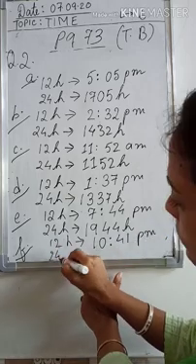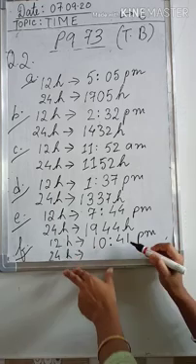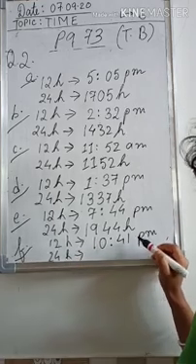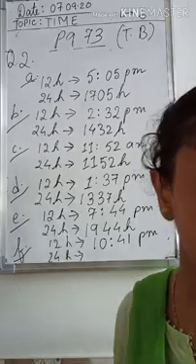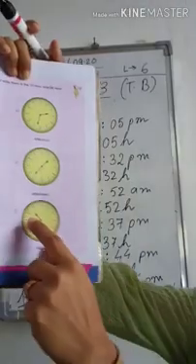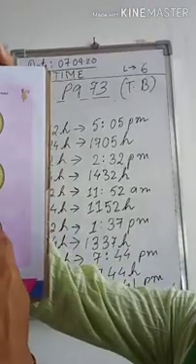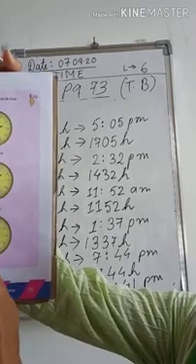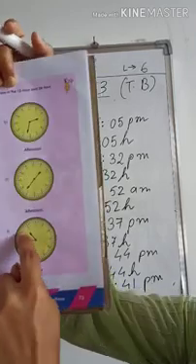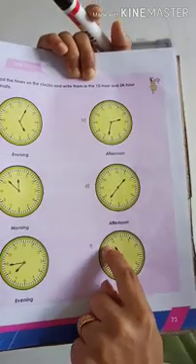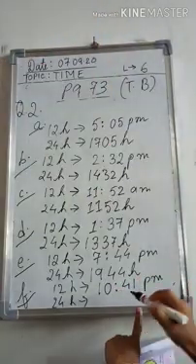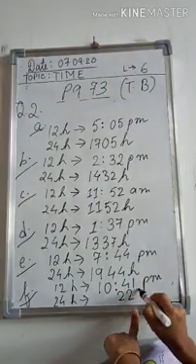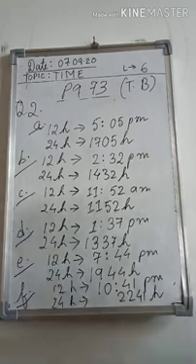And in 24 hours, the timing will be, it's less than 11, so 10 means, what will be 10? If you count from 12, 13, 14, 15, 16, 17, 18, 19, 20, 21, 22. So that means 10 is 22. So it will be 22 and the minute part will remain the same, 22:41 hours.